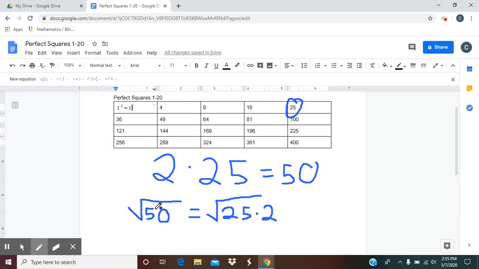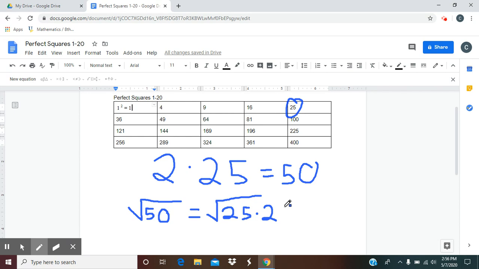Do we agree that these are both true? 50 is equal to 25 times 2, so these will both be equal. Now, once we have factored out our original number to a perfect square times another factor,